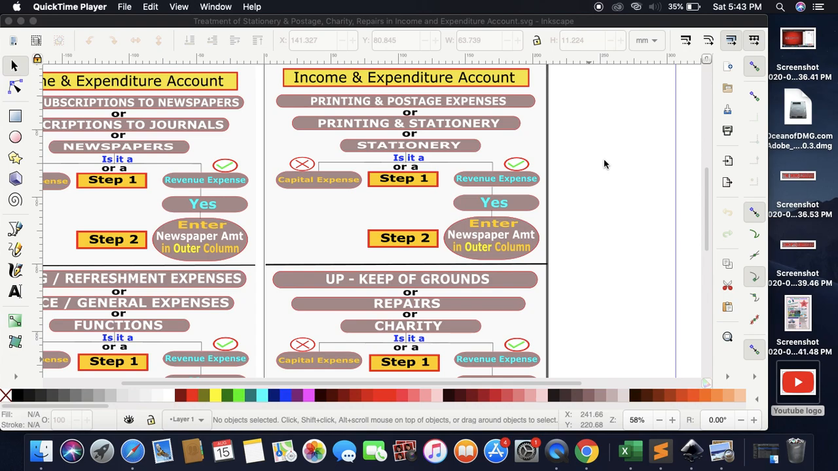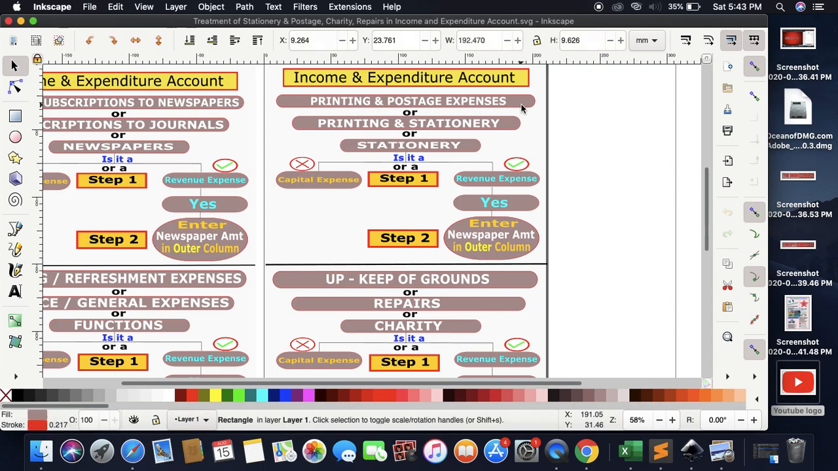of learning accounting for non-profit organization. This is step 2, where you're identifying what type of expense it is. Okay, they come with different heads, namely printing expense or printing and postage expense, printing and stationery expense, or just